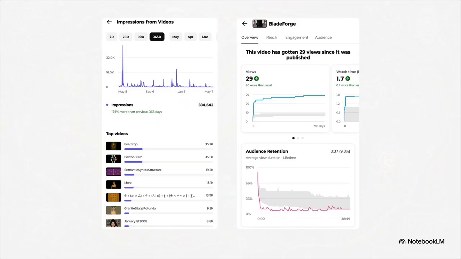Talk about a stark juxtaposition. On one side, we see a massive algorithmic push. We're talking over 334,000 lifetime impressions across the channel. The machine is actively trying to cast a super wide net. But